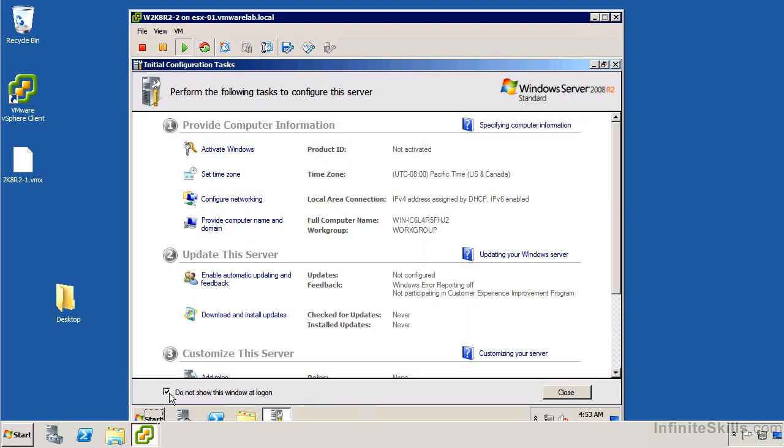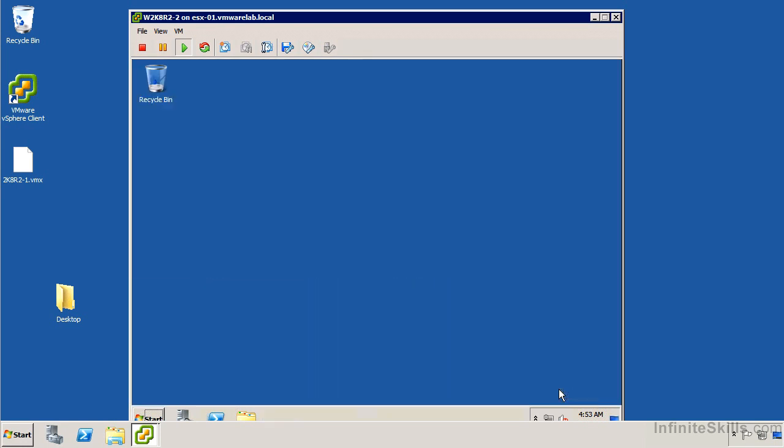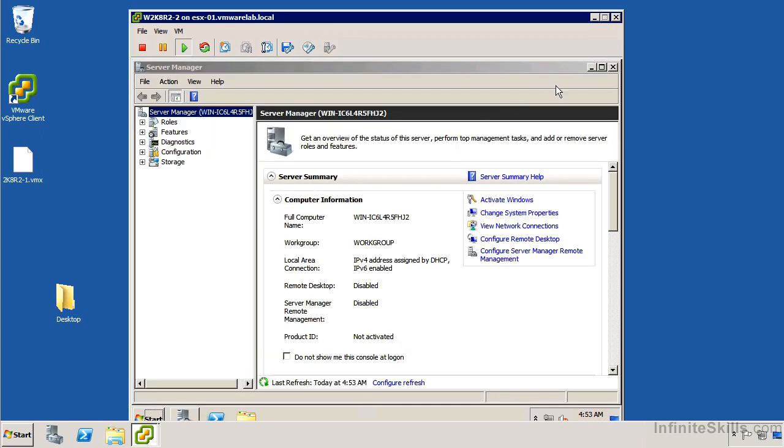As you can see, I've got quite a bit of video lag on my system. This is exacerbated by the fact that I don't have VMware Tools installed, but I also am running a virtual machine inside a virtual machine inside of a virtual machine. So it's going to be imperative that we get VMware Tools installed as quickly as possible so that we get